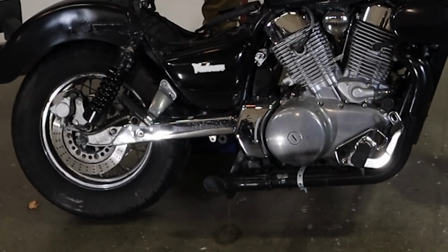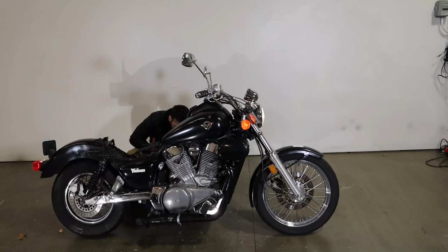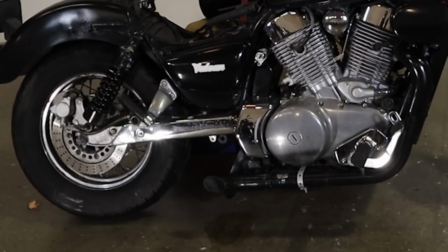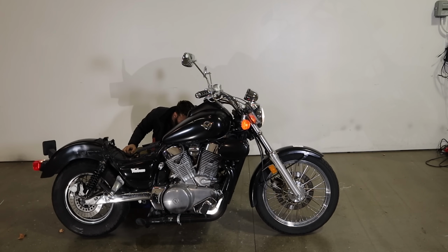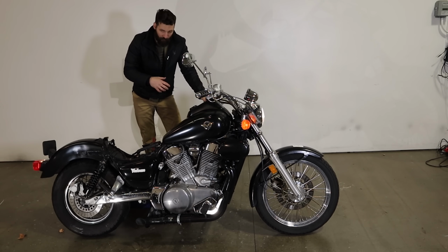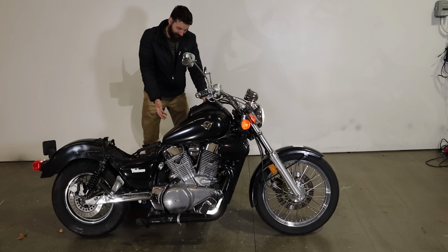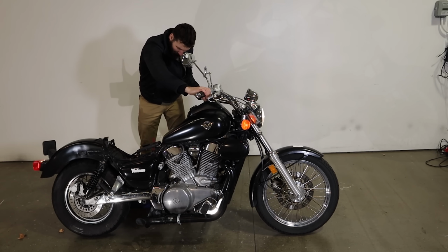Okay. Oh, it's leaking. All right. It's profusely leaking fuel out of the exhaust, which means the fuel is on reserve, I don't know why. So there's too much fuel. The fuel is filling up the carburetor and then filling up the engine bay. So it's just dumping out of the exhaust, which is nice because the exhaust isn't really connected. Let's see if we can get this thing to...